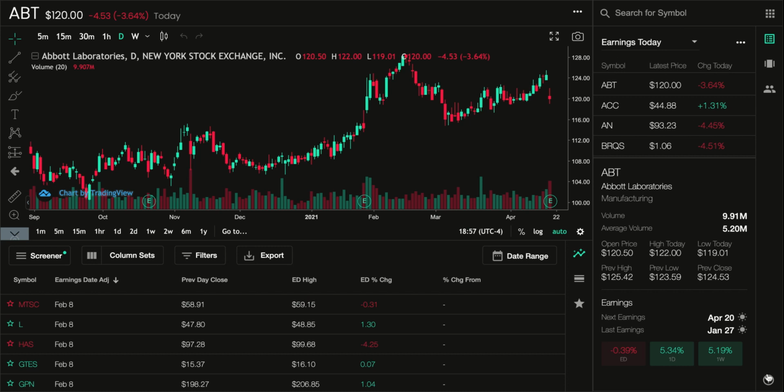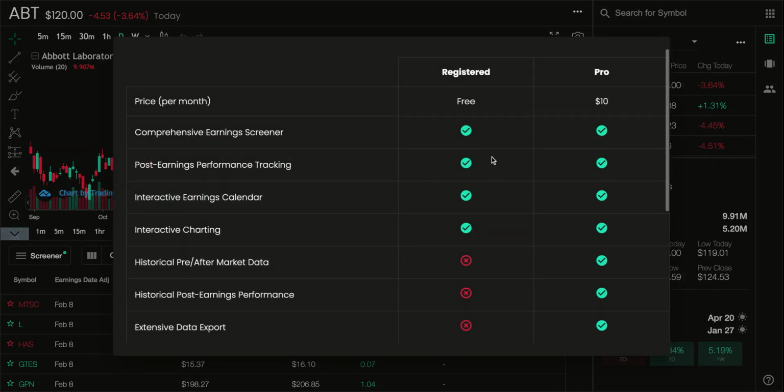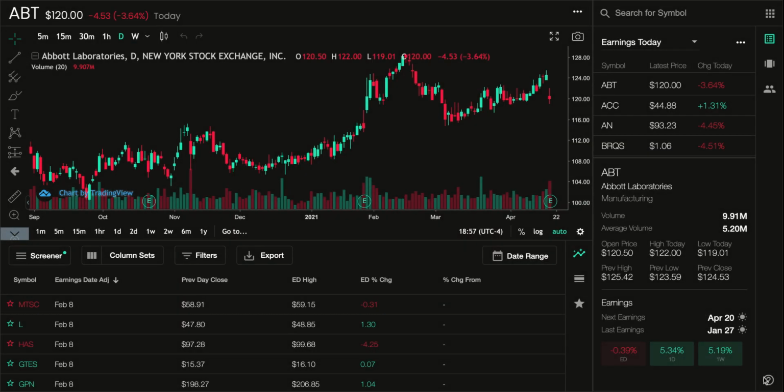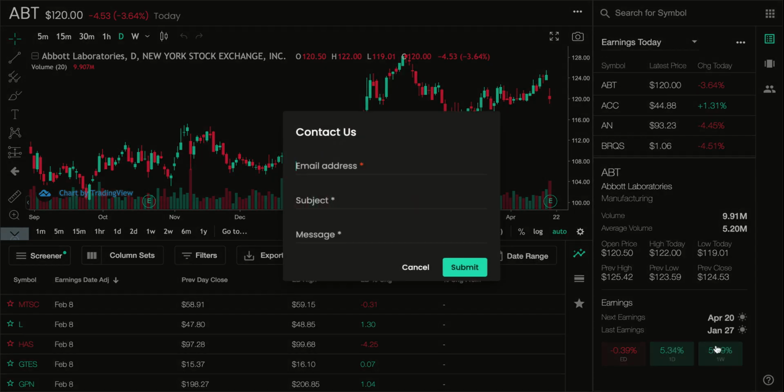The other thing that I added, not quite as interesting, but still kind of useful, is this little help icon down here. If you click on that, you get a couple of links here. One is for this pricing modal. For you guys that aren't premium subscribers, you can see the differences between the packages there. We have terms and privacy. If you guys are interested in reading some legal jargon, a link to the YouTube channel, and this contact, which